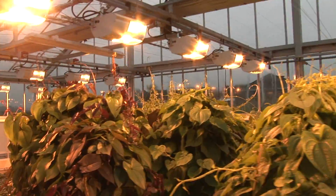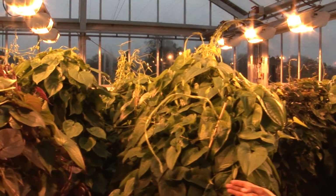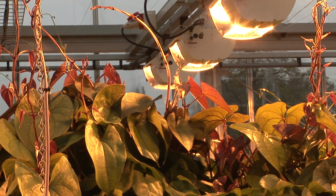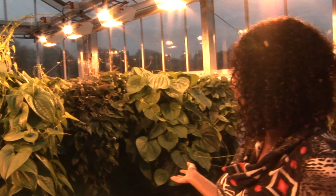What we're looking at here is tubers I brought from my first year field work, and they were planted here because we didn't have enough laboratory to look at their genetics. In this glasshouse, we have two different species of yams and a third group of yams that are called